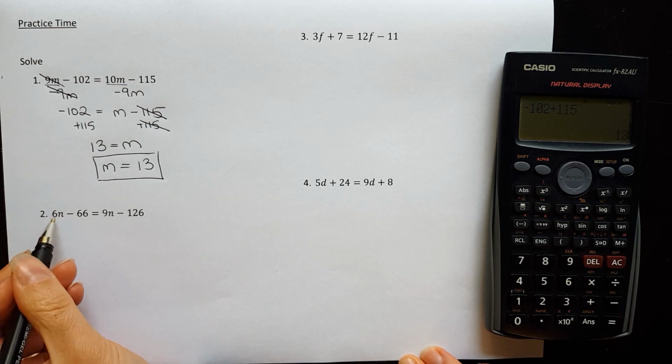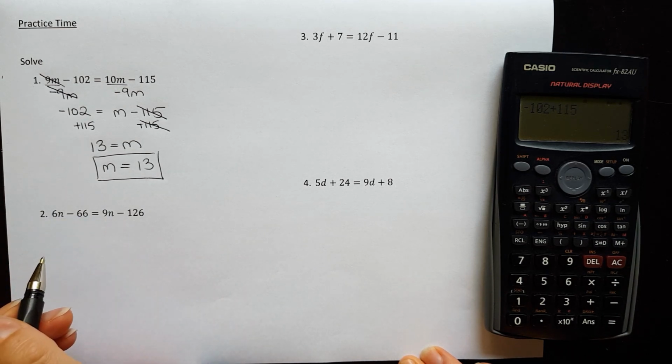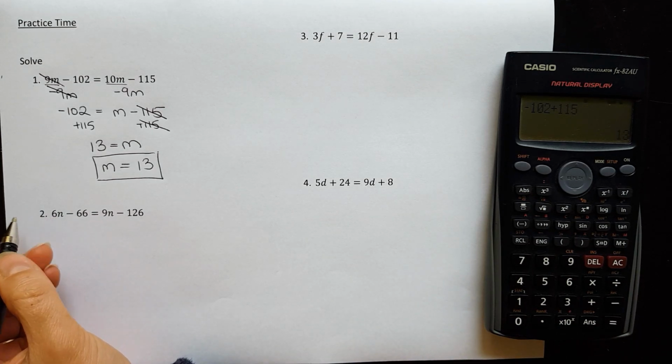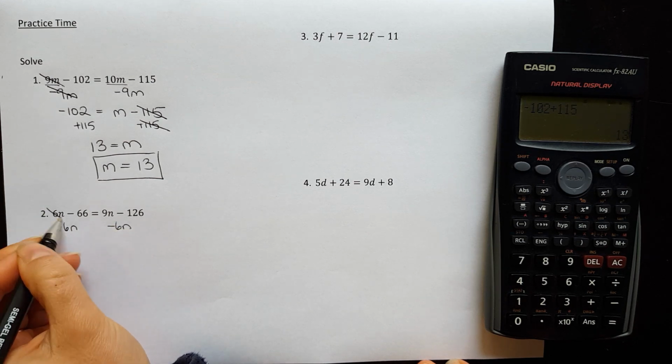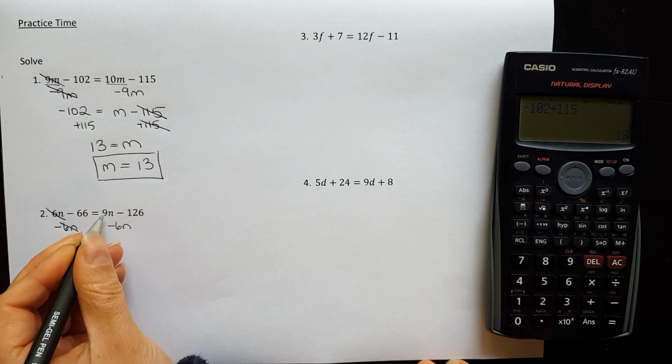Question 2, 6n minus 66 is equal to 9n minus 126. 6n and 9n, 6n is smaller, subtract 6n from both sides. That will give you minus 66 is equal to 9 minus